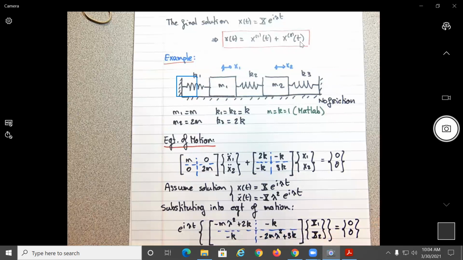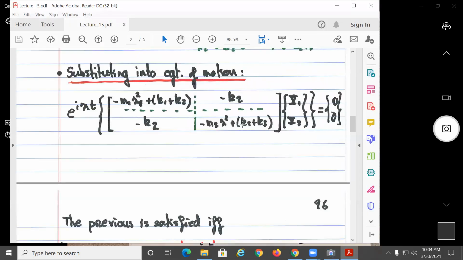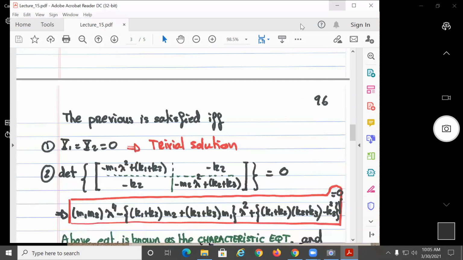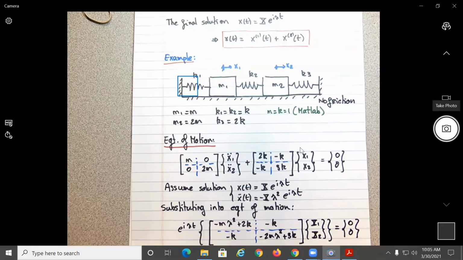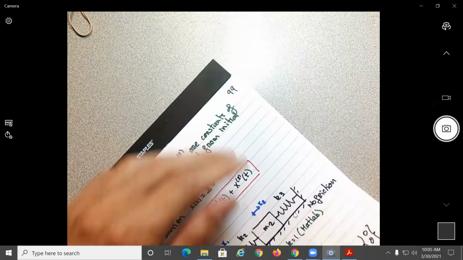Okay, so basically we follow the same procedure that we have over here. All right. So again, when is this equation satisfied? When this x1, x2 term will be equal to 0, or when this determinant will be equal to 0. So this will give us